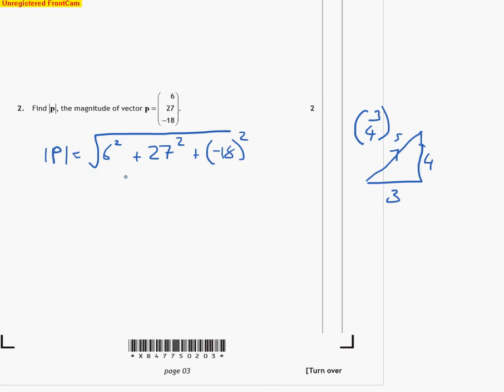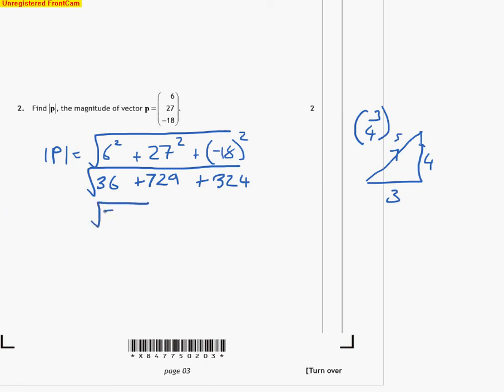I'll just do them individually. 6 squared is obviously going to give us 36. 27 squared, I'm not quite sure, that's 729. And then the 18 squared, this is the mistake people would make. That's going to give you 324. So some people are going to put negative 324, but obviously it's not. And that's all square rooted as well. So if we add them together, we're going to get 324 plus 729 plus 36. So that's 797. So we've got root